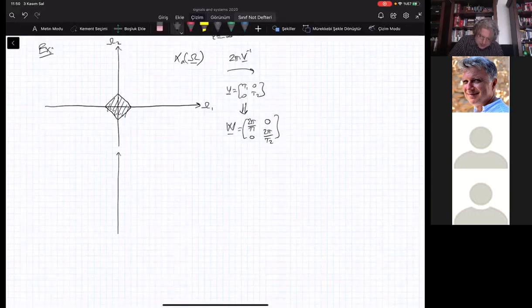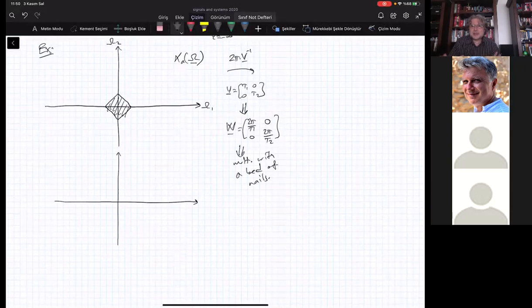So after sampling, but it's not sampling, it's like multiplication with a bed of nails. I haven't come up with the discrete-time image yet, I'm just repeating. These diamonds will be repeated according to omega S1, which is 2 pi over T1, and omega S2 corresponds to